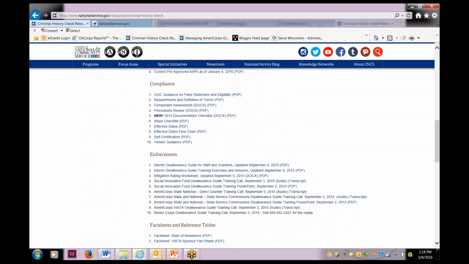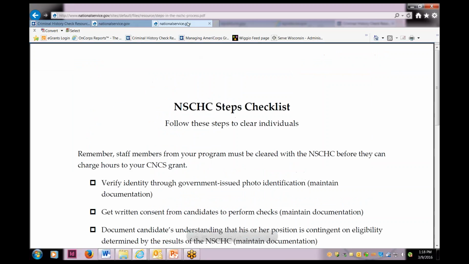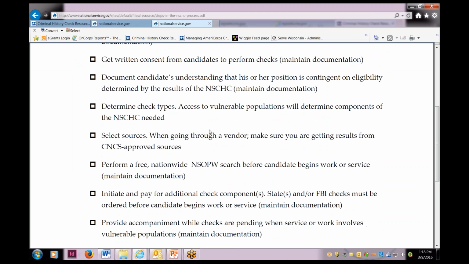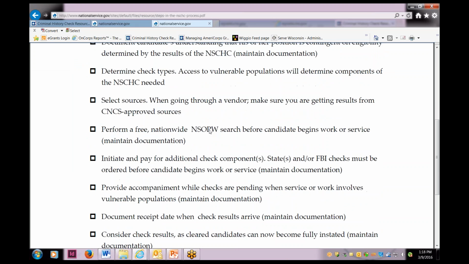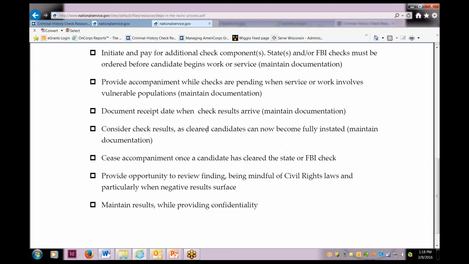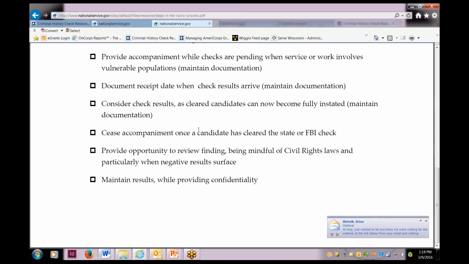The one thing I want to point out about compliance here is the STEPS checklist. This STEPS checklist is really excellent if you're questioning whether or not you're doing your background checks 100% accurately. You can take a look at this checklist and go through it for any one of your members or grant-funded staff, and make sure that you're doing all of those.